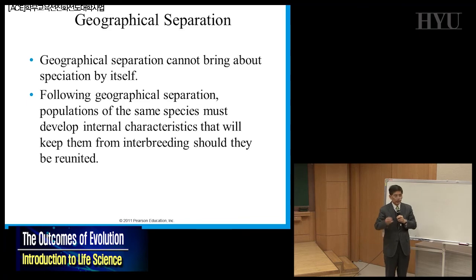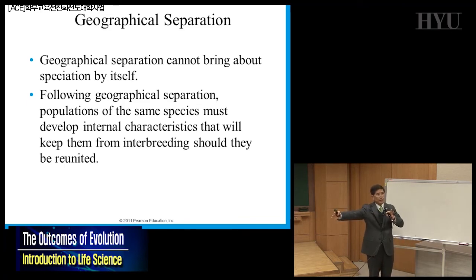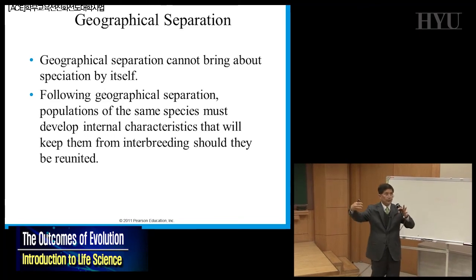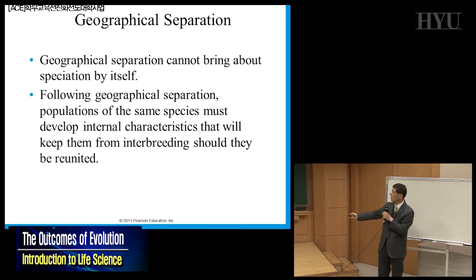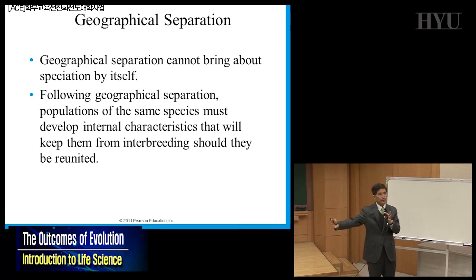But even if you separate geographically, you don't just become two different species. You have to accumulate some changes, some differences, DNA differences and other differences. So following geographical separation, populations of the same species must develop internal characteristics that will keep them from interbreeding should they be united. If they meet each other again and they cannot breed because they become too different,